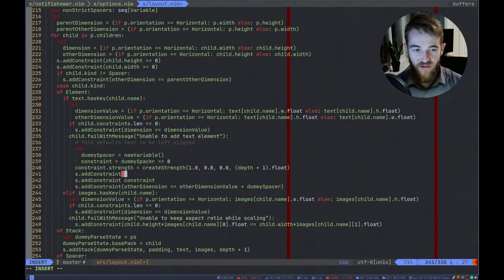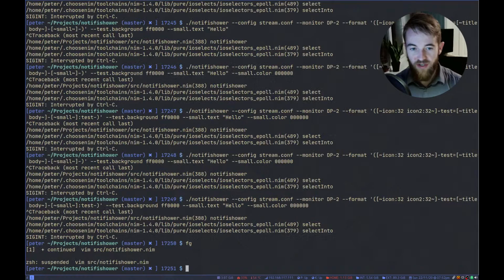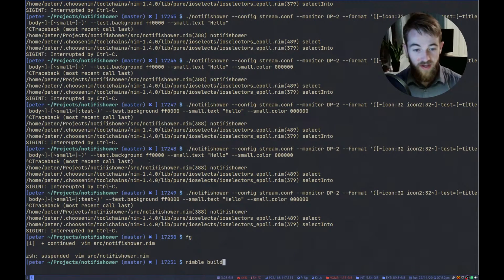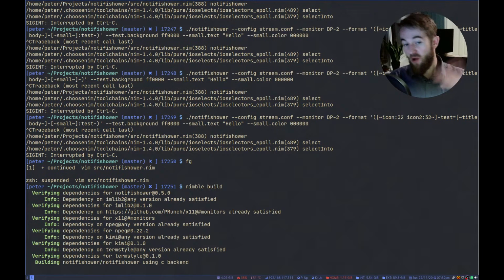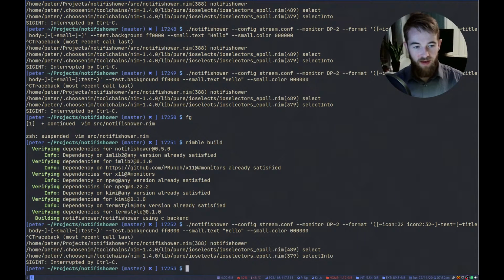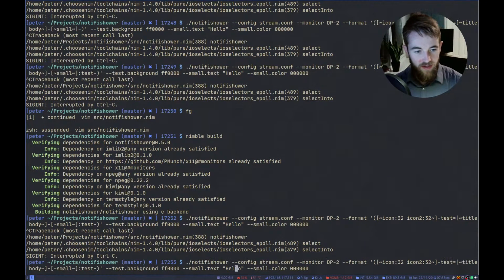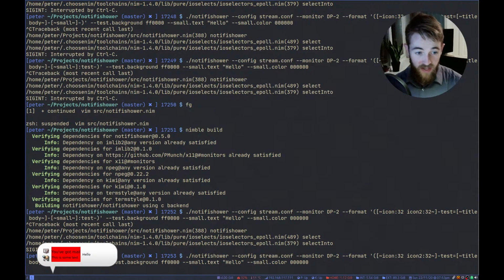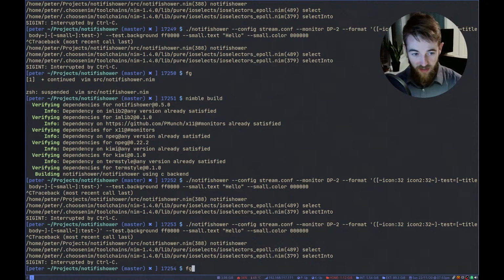So we need to add an actual hard constraint that the dummy spacer must be larger or equal to 0. Because right now we just say that it wants to be 0. It can be bigger, but it can also be smaller. But now we say it can only be larger or equal to 0. That works. Great, okay. So now we can say that the small one should equal test in size. And now test can be any size, and the small one will always be the same size.